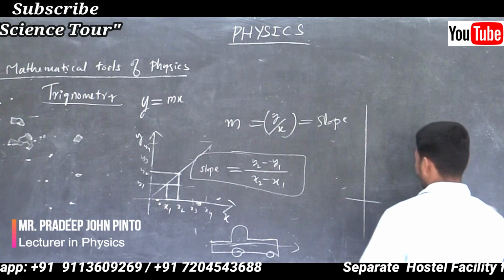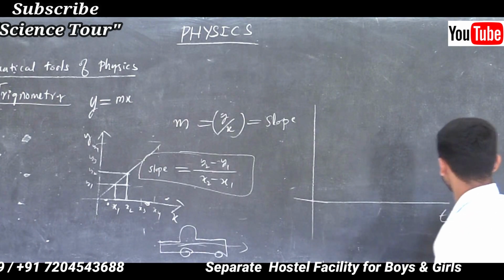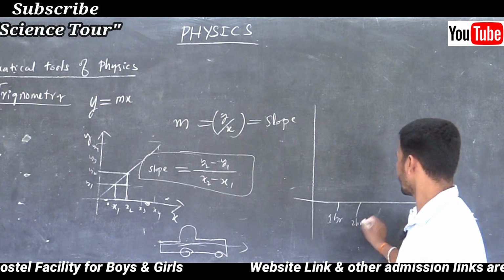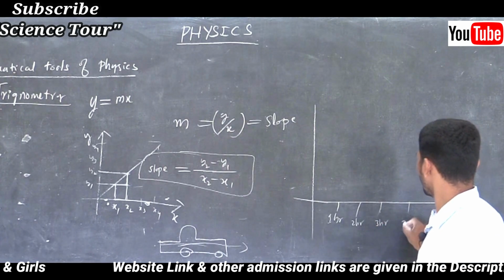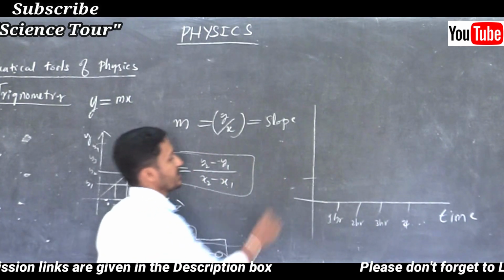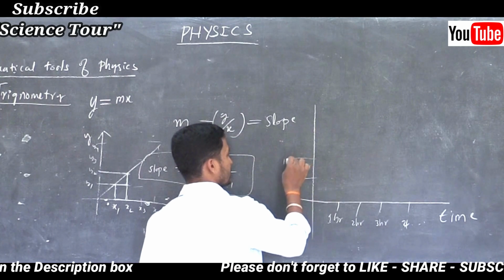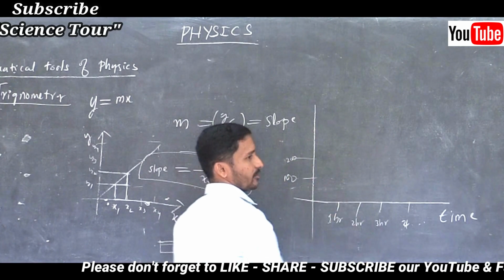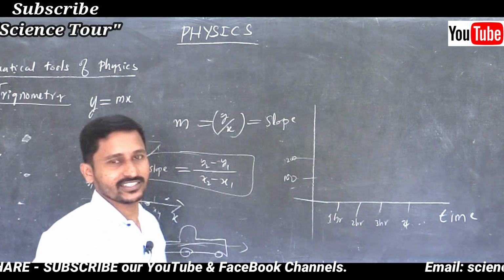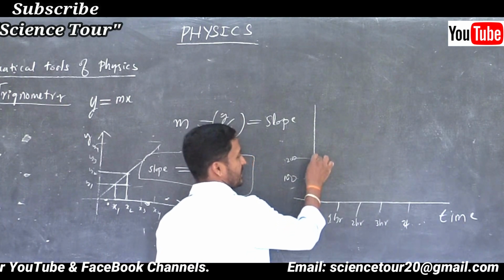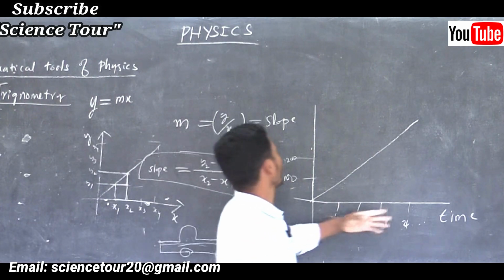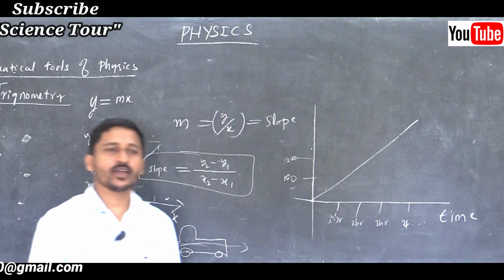So what are we going to take? Here we are going to take time: 1 hour, 2 hours, 3 hours, 4 hours, like that. In 1 hour, how many kilometers is it going to move? 100 kilometers, then 200 kilometers. It moves 100 kilometers in 1 hour, the next hour 100 kilometers, the next hour 100 kilometers, one more hour 100 kilometers. From the starting it is moving 100, 200, like that. So the graph will be like this, no? That is the distance with respect to time for that car. So like that we use it in physics.